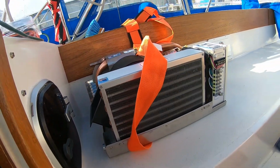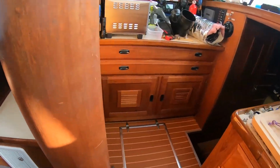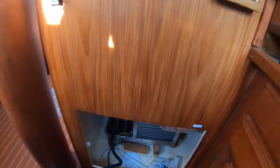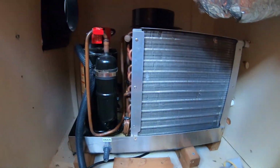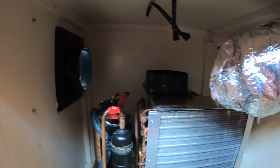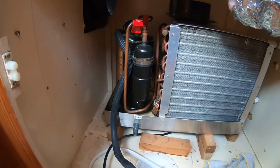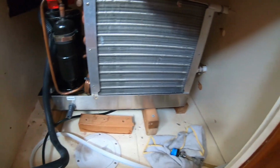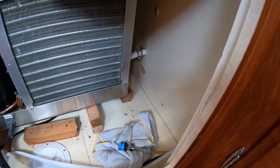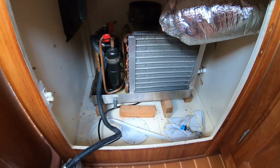I am in the process of taking out the old one first. Got to get this one out. Disconnected the ductwork and got the power disconnected and the pump connection off. Got it unbolted, and now I'm going to take off these water connections, the raw water connections, and